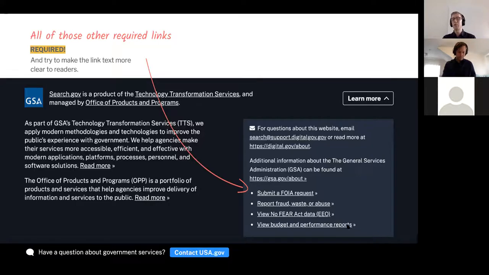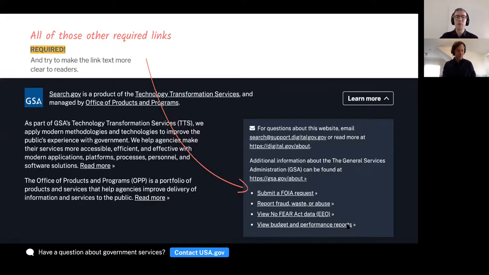So another page that your parent agency is required to have on their site, and all of the websites are required to link to them. So